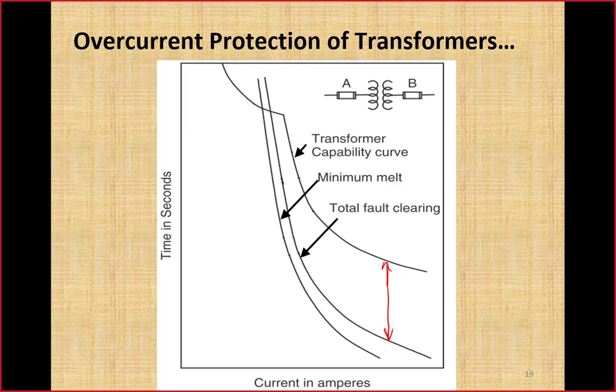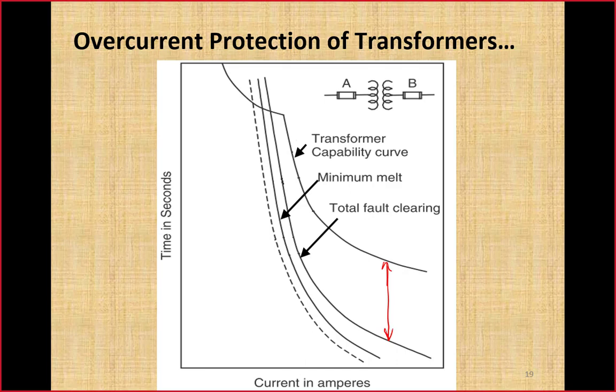These two curves have been developed in the laboratory. When the fuse is used in the system, its minimum melt and total clearance time will be slightly lesser than its actual value. This is shown with the help of this dotted line. The reason is that in the laboratory the filament of the fuse will be at room temperature when these tests are performed. But in case of a fuse installed in the field for the protection of a transformer, it is already carrying a load current and its filament will be at a slightly higher temperature. So it will take less time to operate.